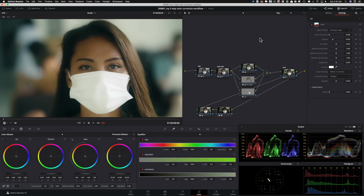Okay. And I'm going to go in my shrine threshold and just crush it all the way. So here's the beauty. Okay. See, it just blew out this entire thing, which I didn't want it to do. So the beauty of having